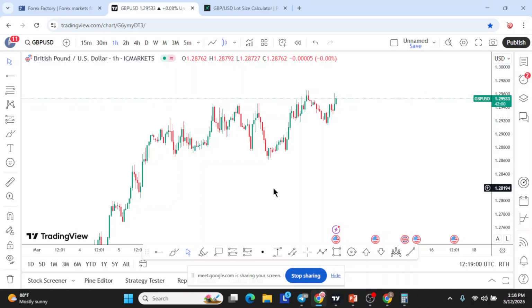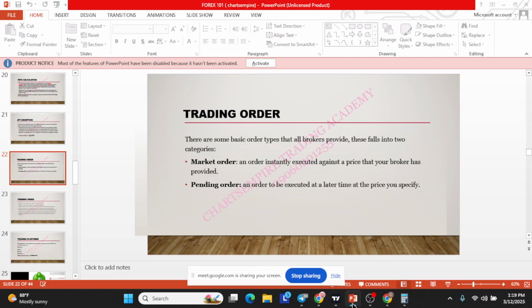Instant execution or market order, that is buying at the current market price or selling at the current market price. That is market order. And then we have the other one, which is pending order. This is now an order that allows our trade to be executed at a later time at the price we